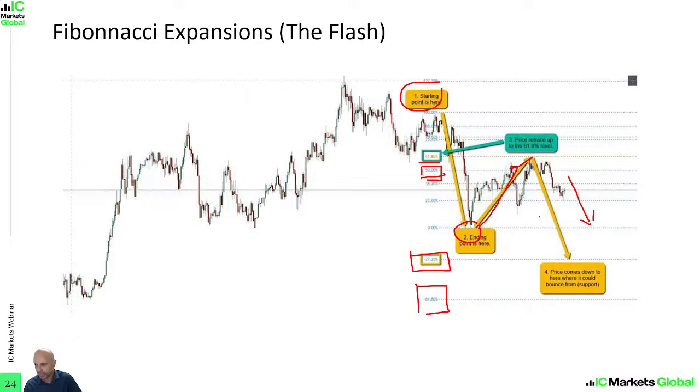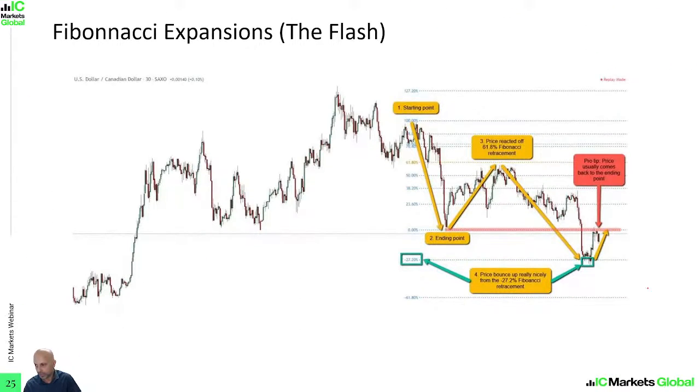So once again, we can use this expansion level to help us identify potential take profit for the short trade. As price is falling lower, we have come to the conclusion that point 2 is a potential bearish breakout opportunity here. So if we enter short at point 2, where would we identify a potential take profit zone? It would be at the negative 27.2% Fibonacci expansion, right?